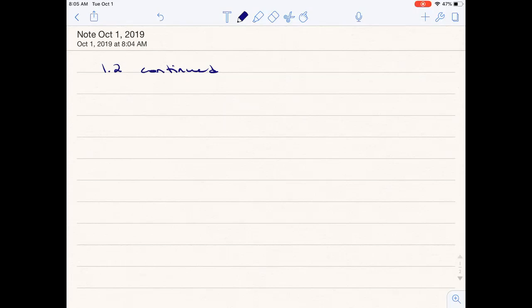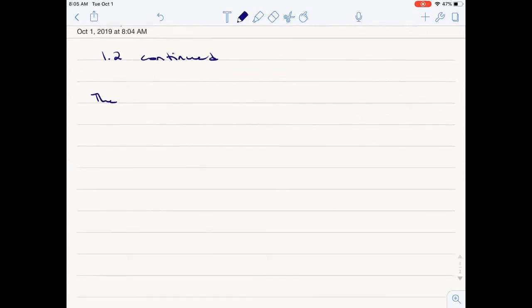So the average rate of change of a function is just a way for us to figure out what even a non-linear function might look like, right? So a non-linear function could be, you know, like a sine curve or something like that, right? Where we've got this non-straight line, right? And so the average rate of change,